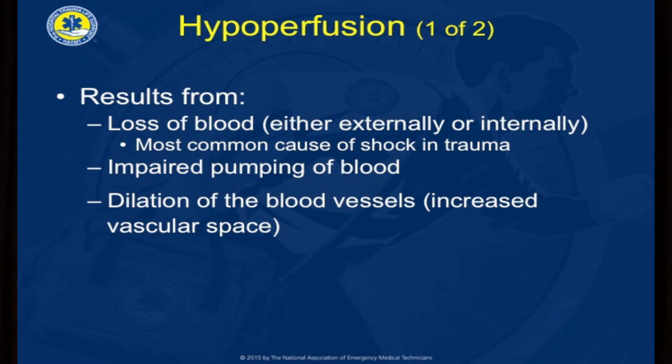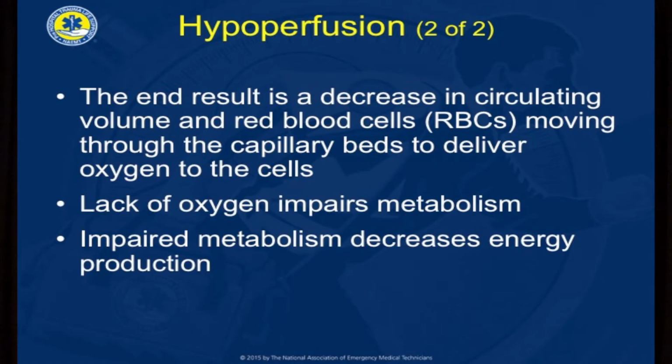An impaired pumping of blood from cardiac issues such as cardiac tamponade, or from a tension pneumo, which impedes or impairs the pumping of blood, or dilation of the blood vessels like in that neurogenic shock patient. We may have the right amount of blood, but it's in a much larger volume or space and not enough pressure. So the end result, we get a decreasing circulating volume of red blood cells moving through the capillaries,